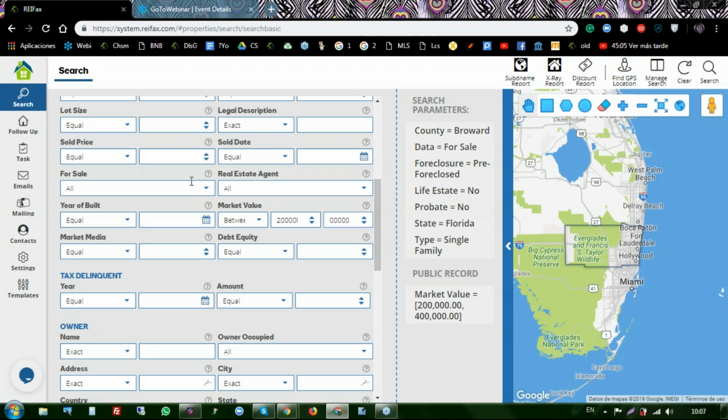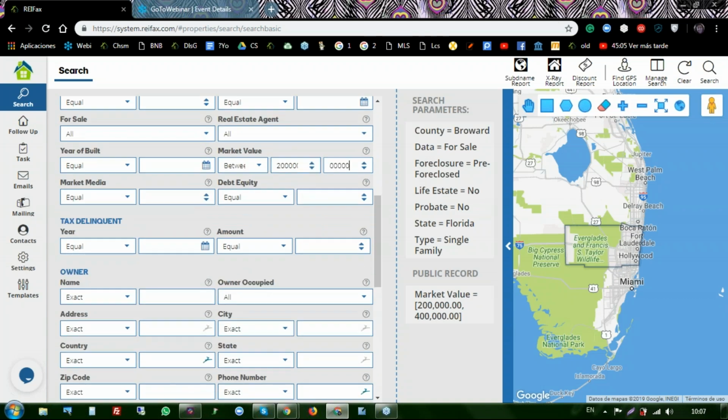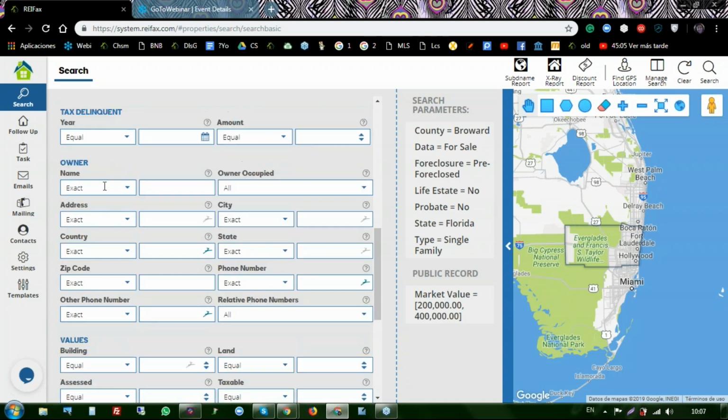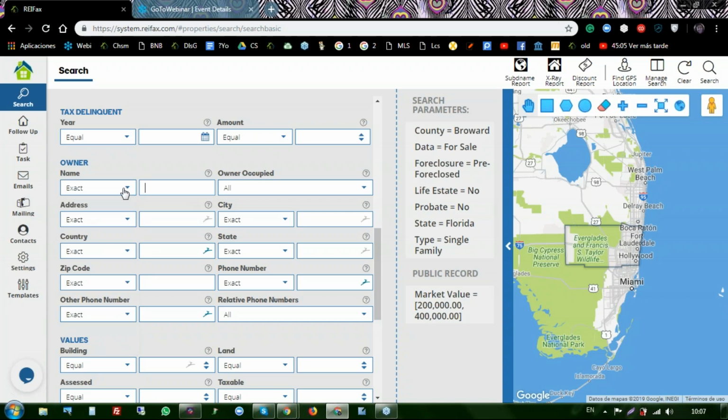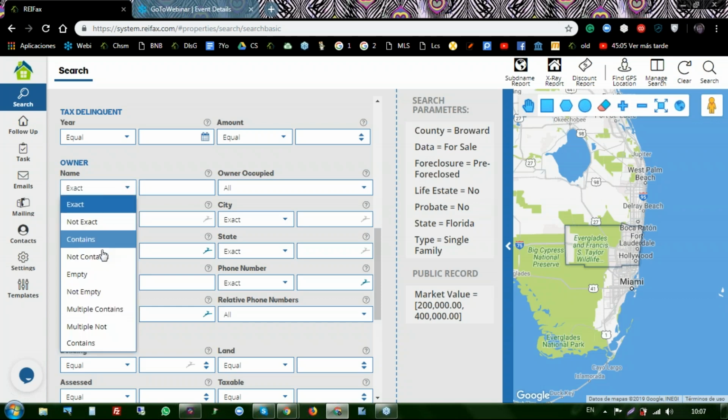And in the other type of parameters, let's say in name, you would have exact, contains, not contains, empty, not empty, multiple contains, and multiple not contains. That is, if I'm going to use contains or not contains, contains will filter in anything that I put in. For example, if I want properties that are bank owned,